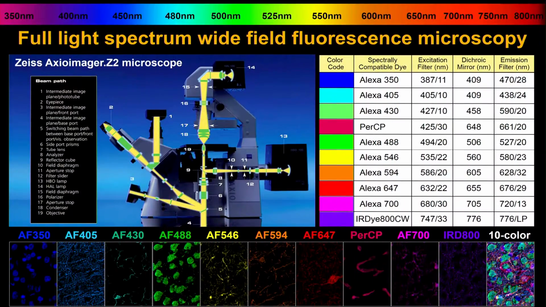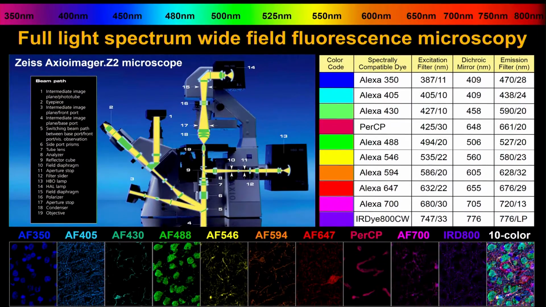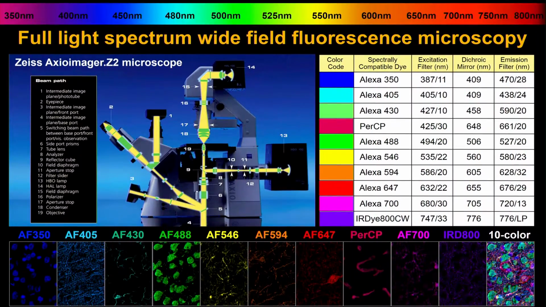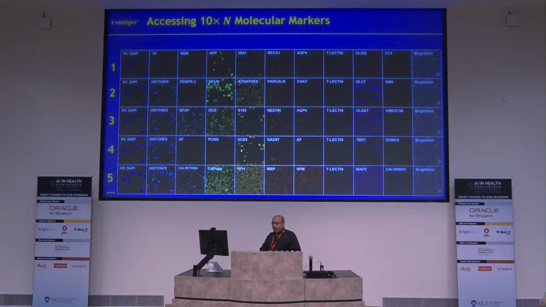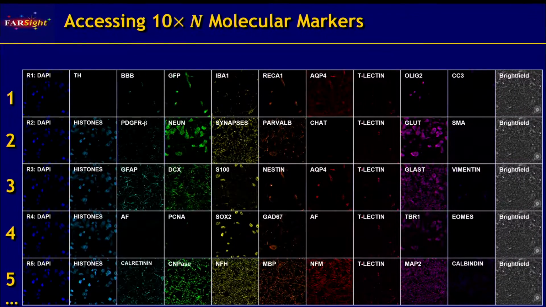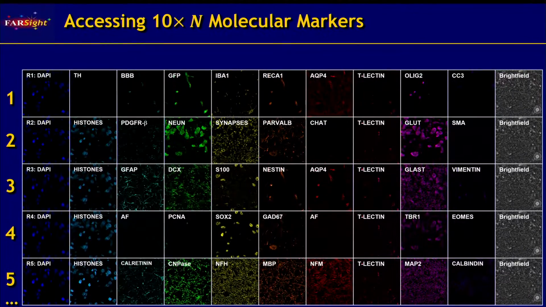So we started modifying microscopes, right? Fluorescence microscopes can be outfitted. This is a fairly routine Zeiss microscope that can be outfitted with a large palette of filters. So we can capture 10 different proteins at once, right? 10 channels of information at once. Now, we can capture 10 proteins and then turn them off, then put down labels for another 10 proteins in round 2, and so on. We can keep going, and we find that we can capture anywhere from 50 to 100 channels or more of data from a single